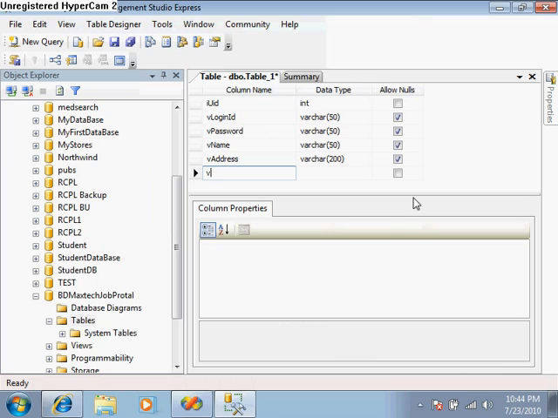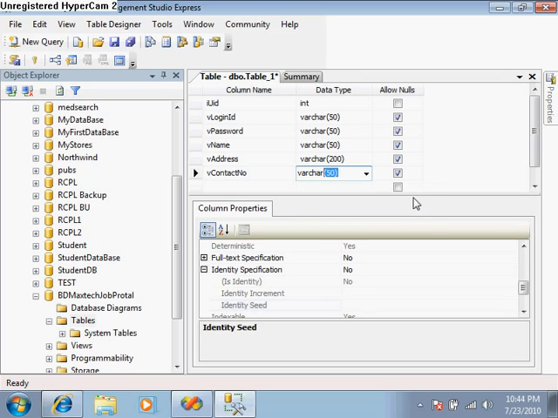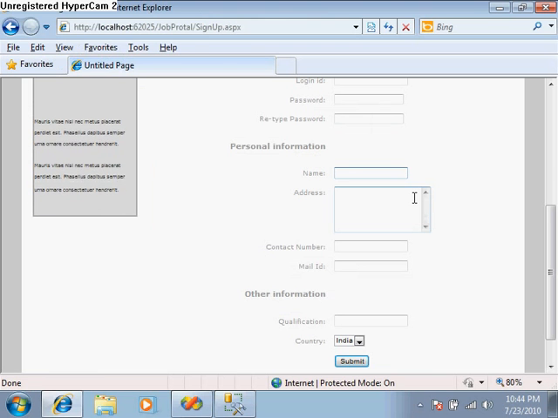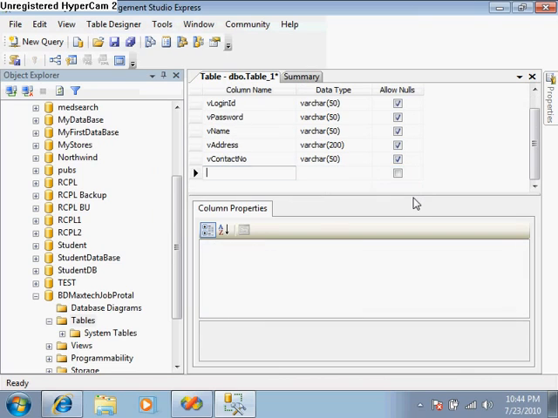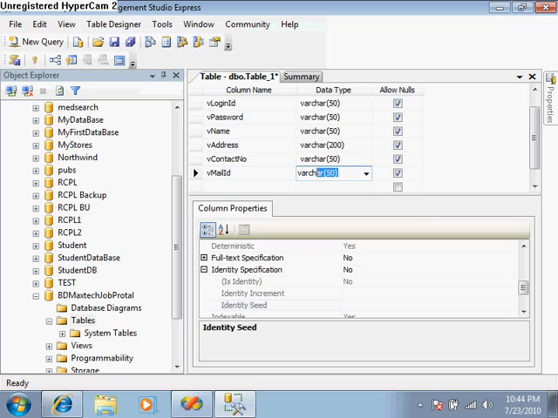Why am I taking the contact number as a varchar? Because sometimes people store +91 or 9826 dash, and some other information. And after that, contact mail ID, varchar,